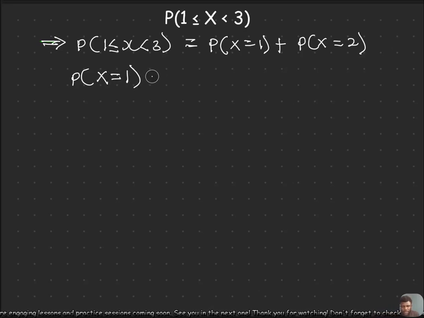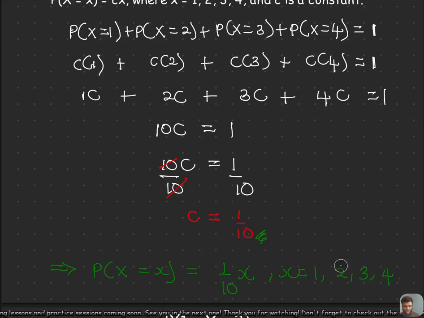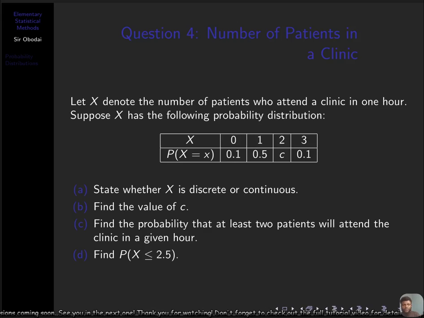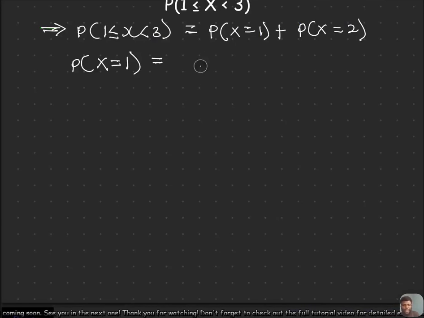And remember from the previous page, this was the probability distribution. The probability distribution of any random variable within the range you have been given should be 1/10 of the x value. All right, so substituting that here, we are going to get